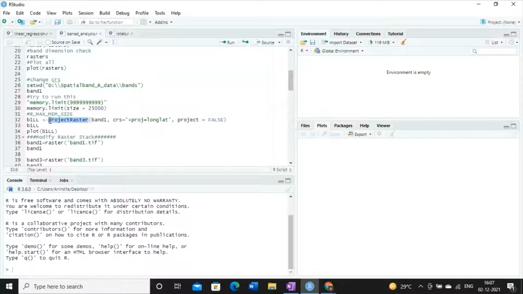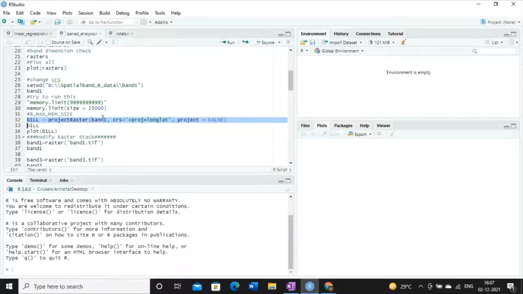So this is the function I was talking about. Why is this function useful? If we want to convert or project a particular band, say band 1 or band 2, to a different coordinate system, then this function is important. And I have already discussed the meaning of each argument of this function.